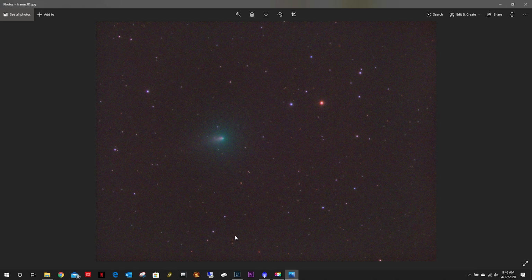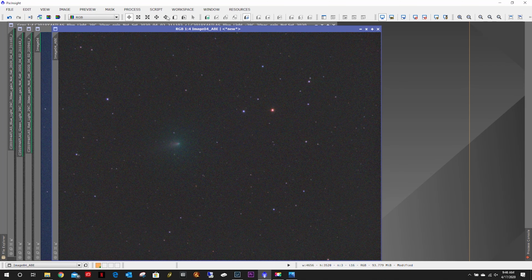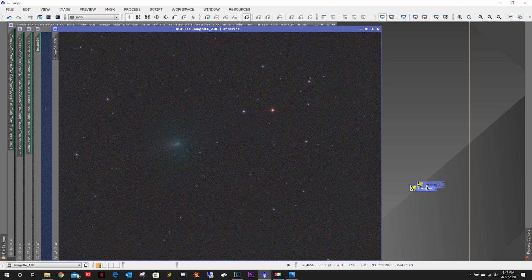So what I'm going to do is I'm going to go back and process each one of those frames. I'm going to do essentially the same thing across all of them. And so for example, with the ABE, we all know that I can just create my little process here, and then I could just drag and drop it onto all of them. So, and I can do that for pretty much all these frames, and also using